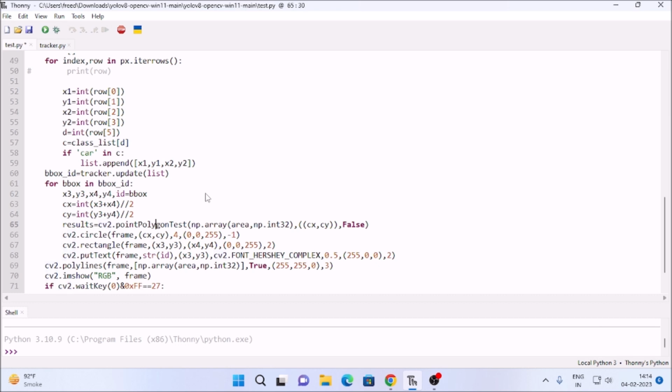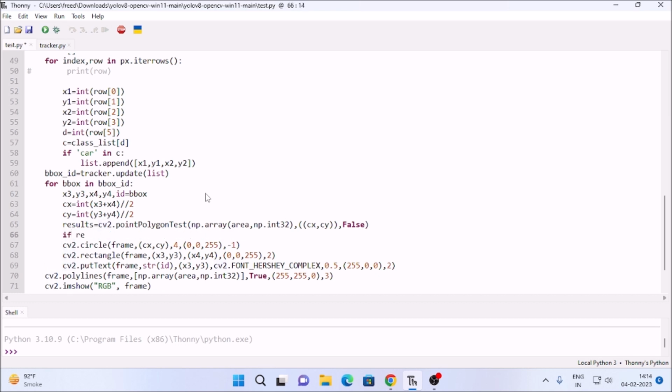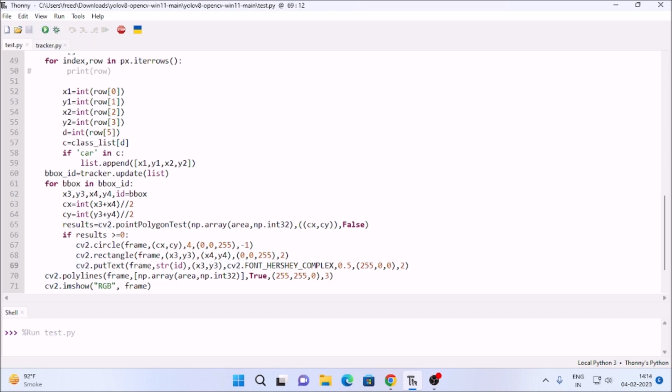So we can say here simply, if our results is greater than or equal to 0, then only we are going to draw the circle, then only we are going to draw the rectangle, then only we are going to put our text, our id text. Okay, so if I save the code, if I run the code,